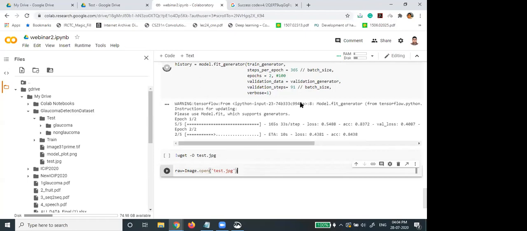So if you increase the epochs, obviously at this time being, the accuracy will increase.